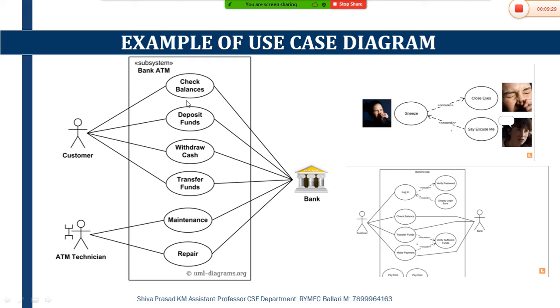The customer will select any one of these. If we want to check the balance, if we click on check balance, then the bank will take that input, open that particular account's details, and send the balance details back to the customer. So this is how the interaction process takes place between the primary and secondary actor by taking the support of these functions, where each and every line which I have represented here is nothing but the relationship between the primary and the secondary actor.